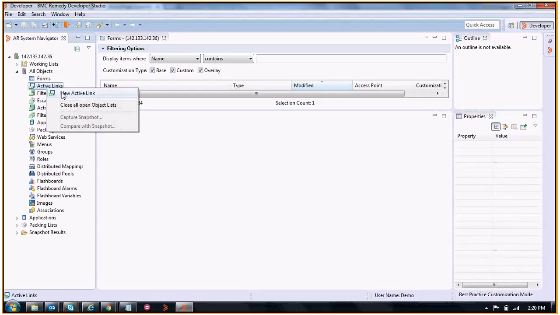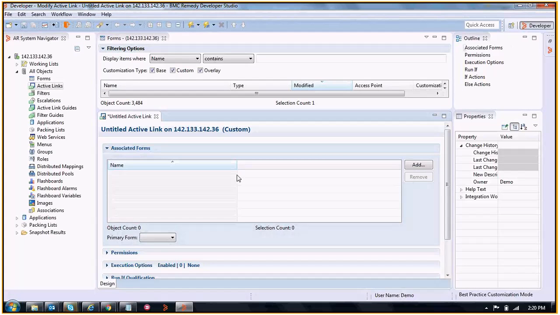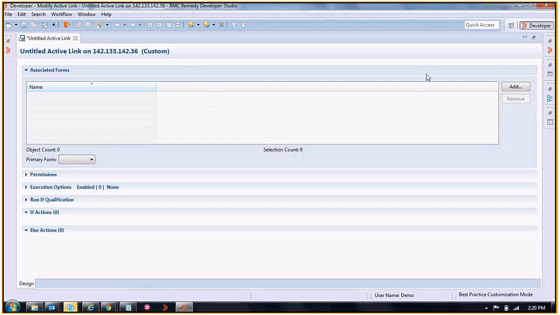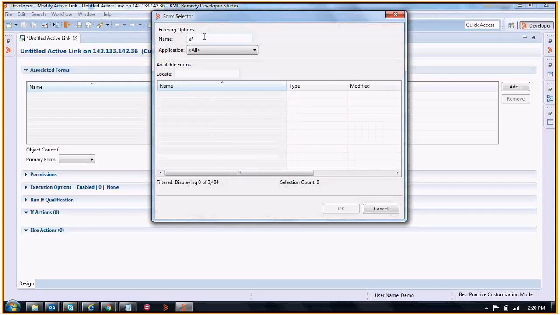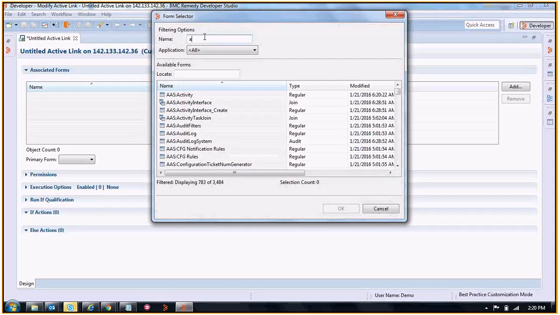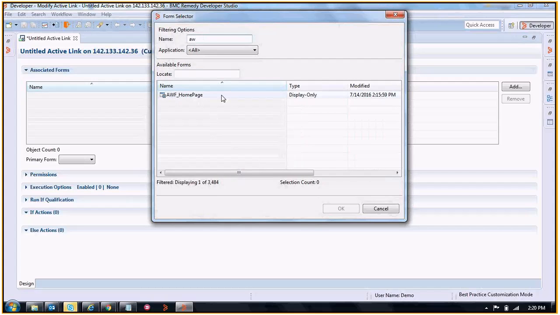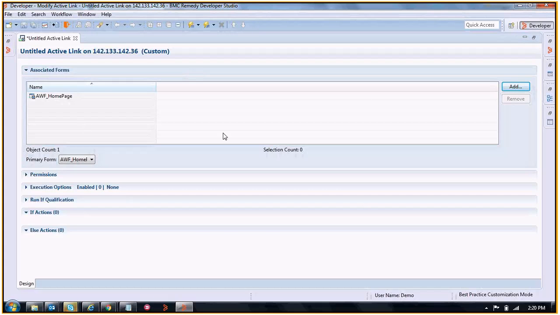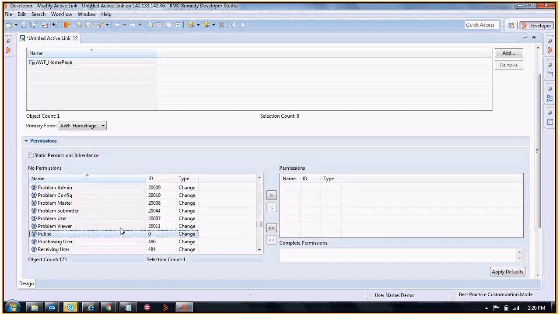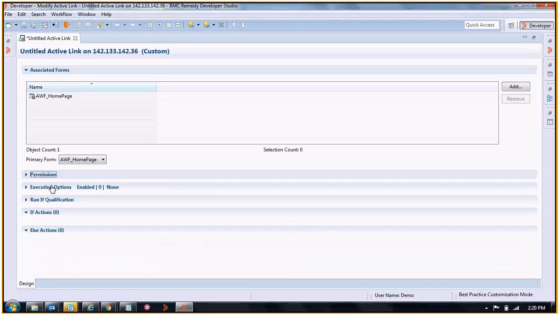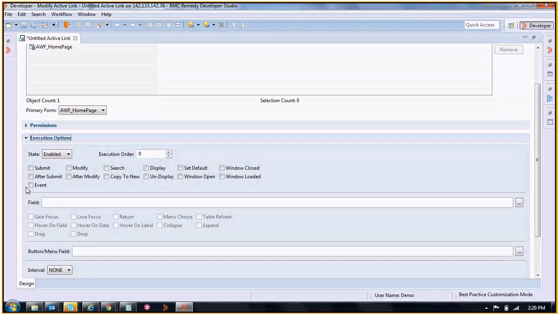I'm creating an object called active link. Here, what I need to do is find out the form. This is the form it has to trigger. Ideally, it has to trigger for public. So these are all the permissions. But now it will trigger for everyone. So it has to,